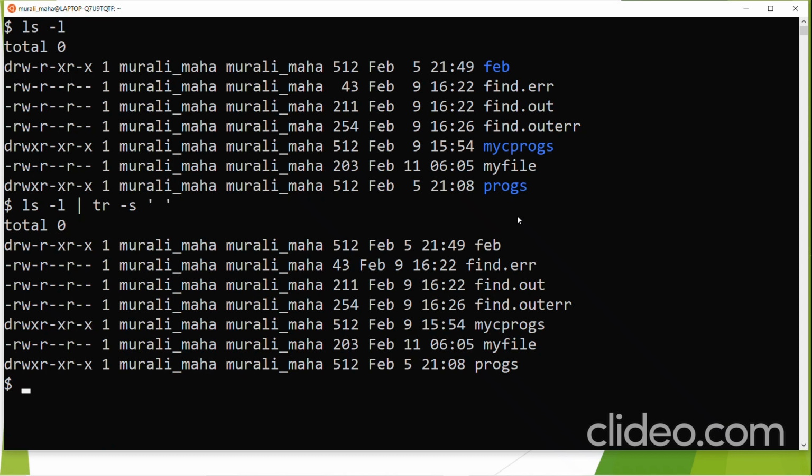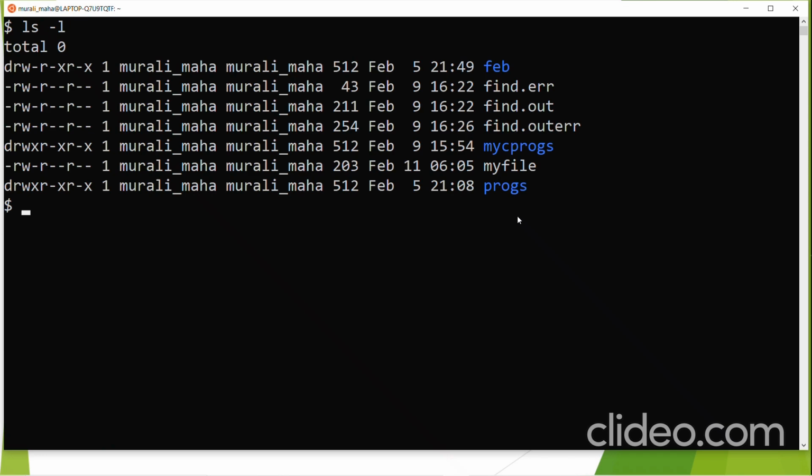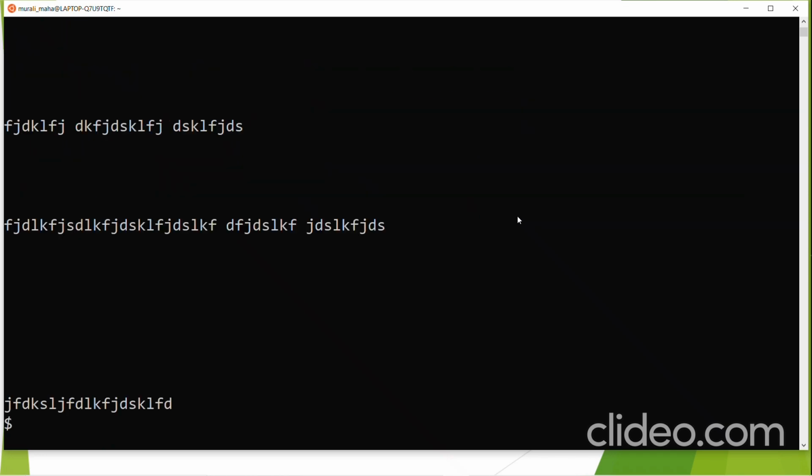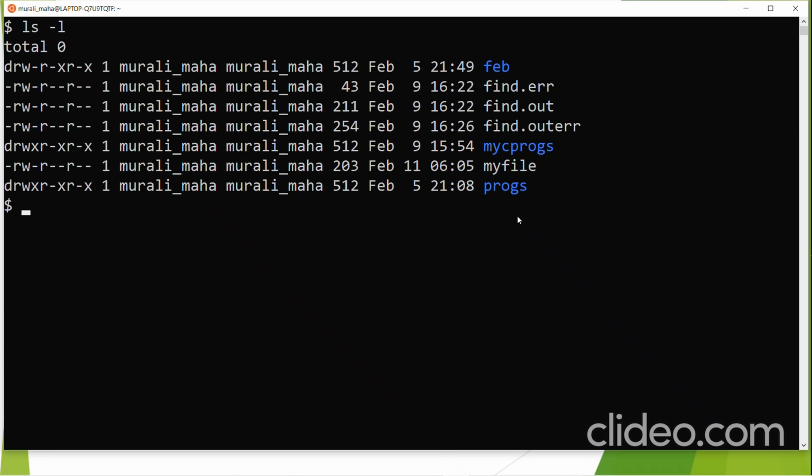Then I told you that tr can work with files also, right? So let us work with tr with files. cat greater than some file I will create, my file.